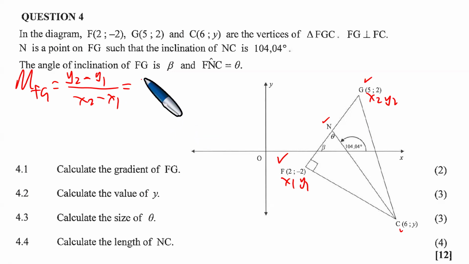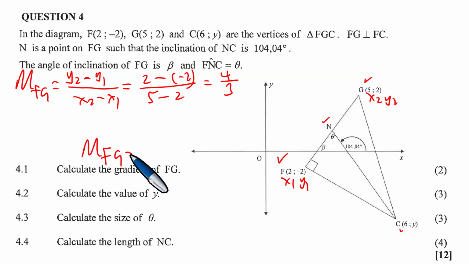So y2 is 2, minus y1 is minus 2, divided by x2, which is 5, minus x1, which is 2. Negative by negative is plus, 2 plus 2 is 4, divided by 3. So this is the gradient of the line FG. It is 4/3. So now this means that we can certainly say here that the gradient